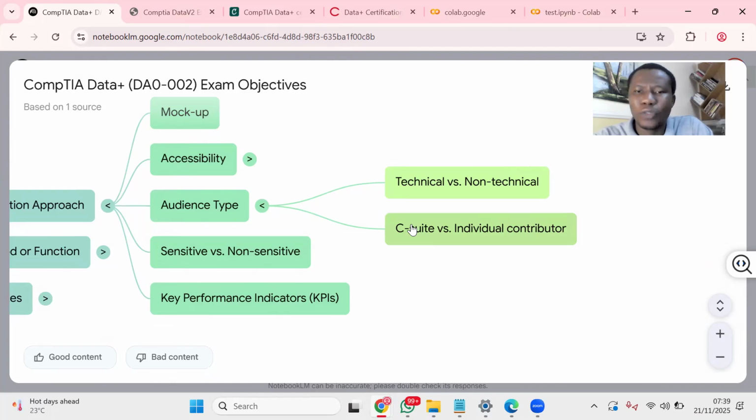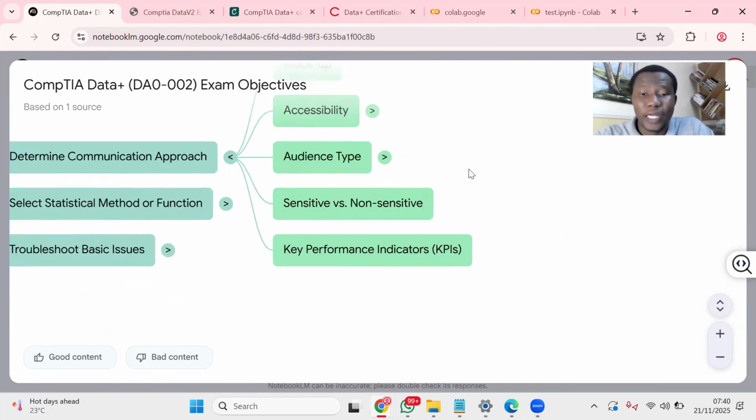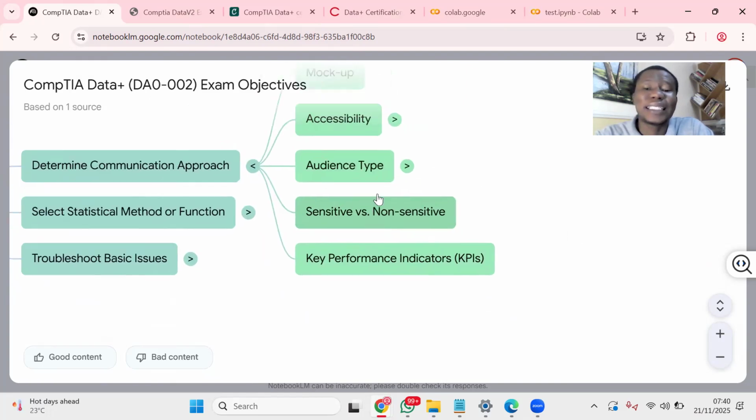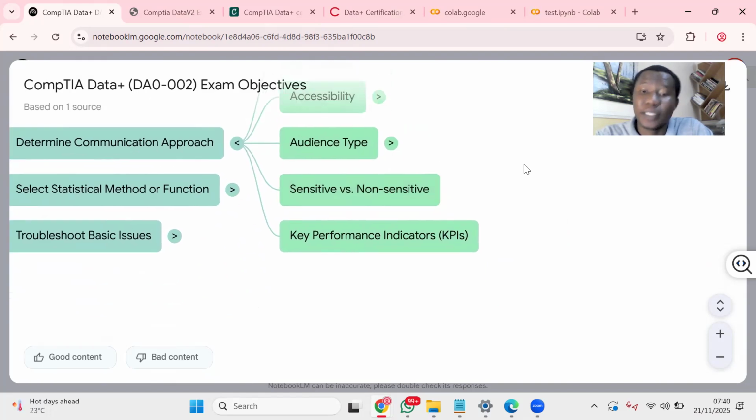So as a data analyst, you want to consider who is going to be consuming this data, right? So you have technical, non-technical, you have C-suite, you have individual contributors. So these are your different audiences that you can have. Then you have data that is sensitive and data that might not be sensitive. That's why at times when you collect data sets, things like name, you don't want to deal with that. Even if you collect that kind of data, it's not something you want to push out to the public, except it's a dummy,